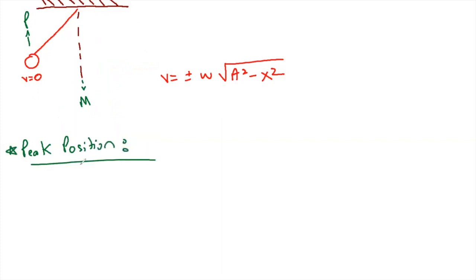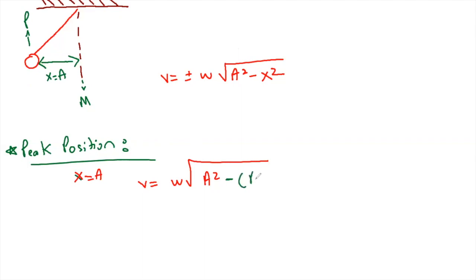Okay, now I know that at peak position, my displacement is maximum, right? x is equal to a, right? So I can say very confidently that my x is a. Now, when I substitute this, check this out now. So a squared. Now I know that there's x right here, right? So when I substitute a,